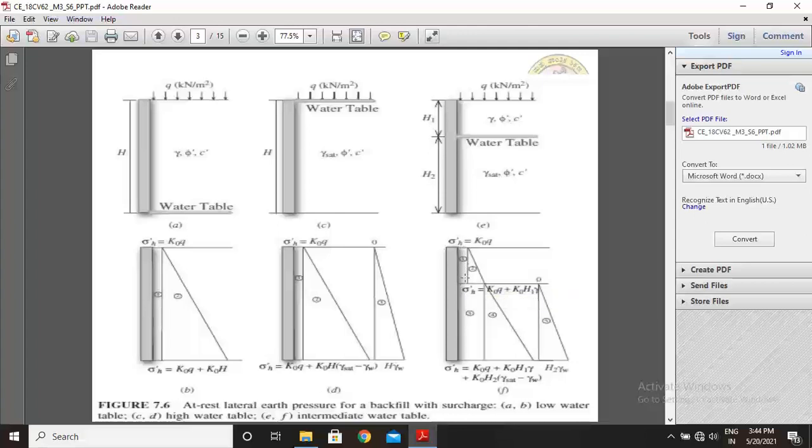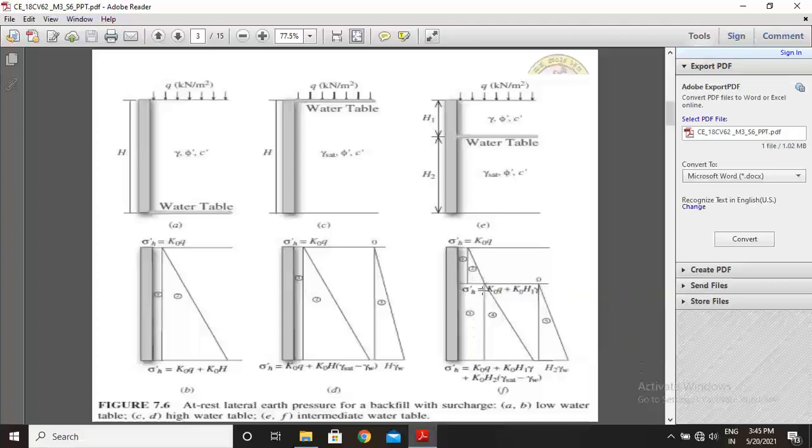This diagram is with respect to the surcharge load, and this second diagram, number 2, is due to the backfill pressure distribution, that is triangular. And at this depth, due to the surcharge load and this depth, it is K naught into Q plus K naught into H1 into gamma,